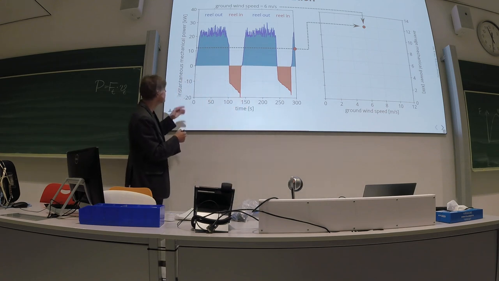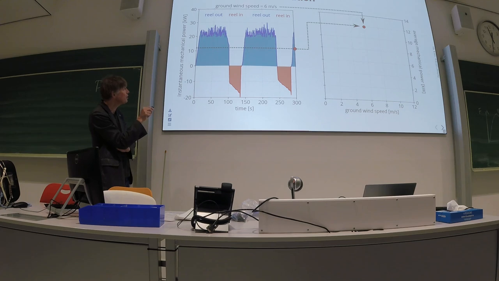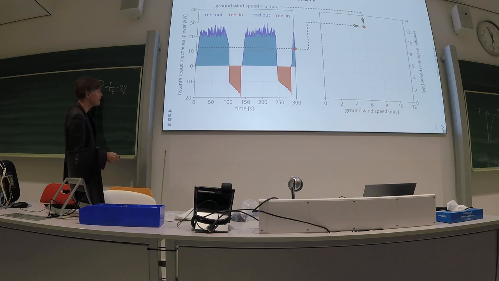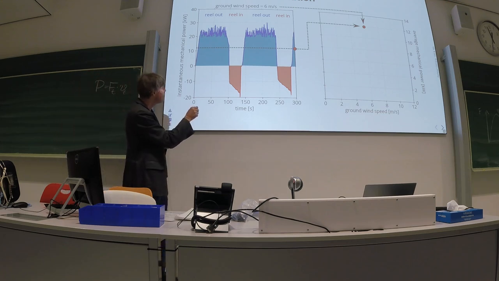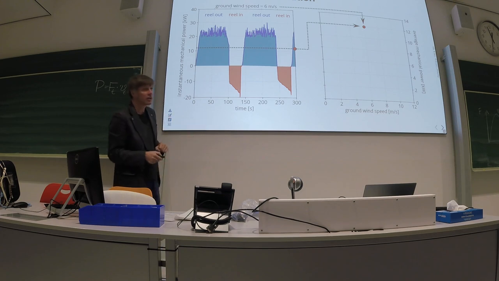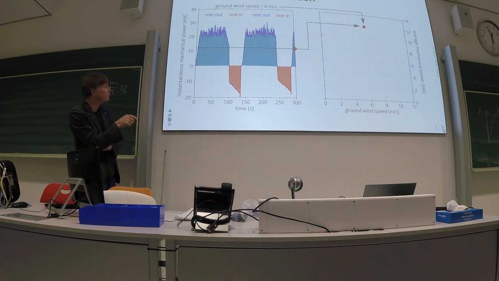And what you see in this plot is that we form the integral of the power over time, and that's what you all know as energy. Integrate P over time, you get energy. And this is the net energy of the cycle. So if you